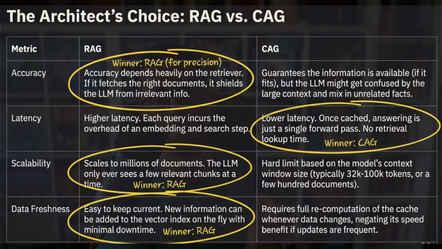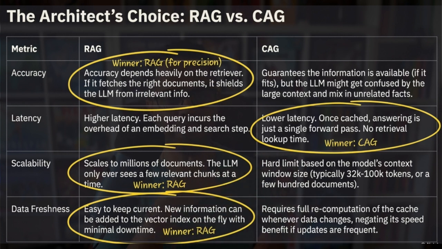Now the problem was that my memory was wrong, but here imagine that it can hold the entire knowledge base into the memory at any given point of time. So for latency, the winner is CAG. When it comes to scalability, obviously millions and millions of documents, there is no comparison with CAG. So your RAG is the winner. Your vector database can hold any number of information in its knowledge base.